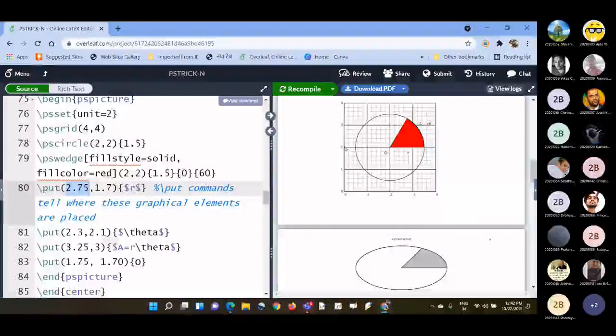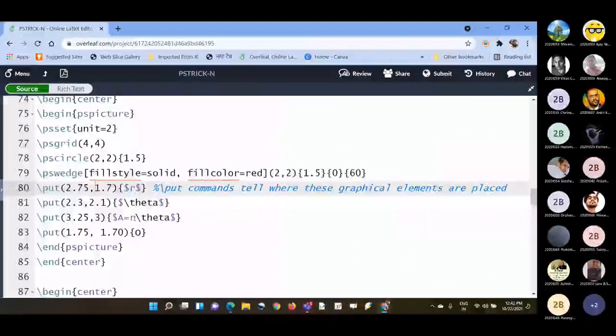And because I want it below this line, I'm writing 1.7, less than 2. If I write 2 point something here, then it will go inside this region. Fine. So like this you can think, and then you can keep it there.